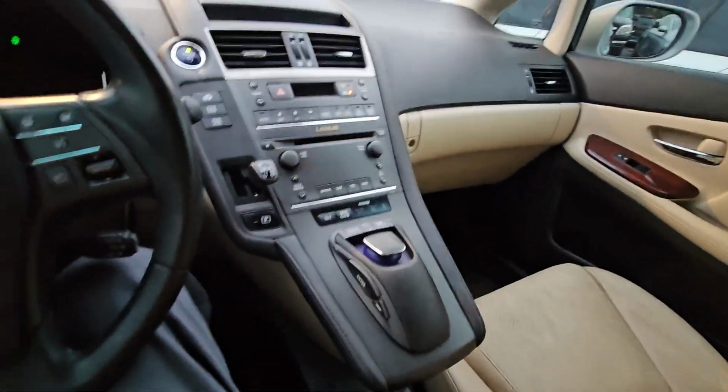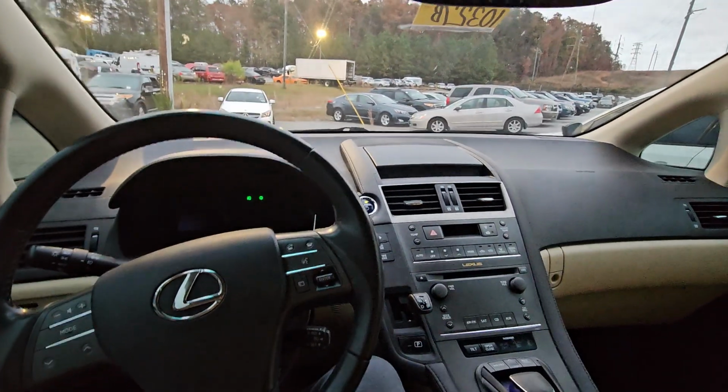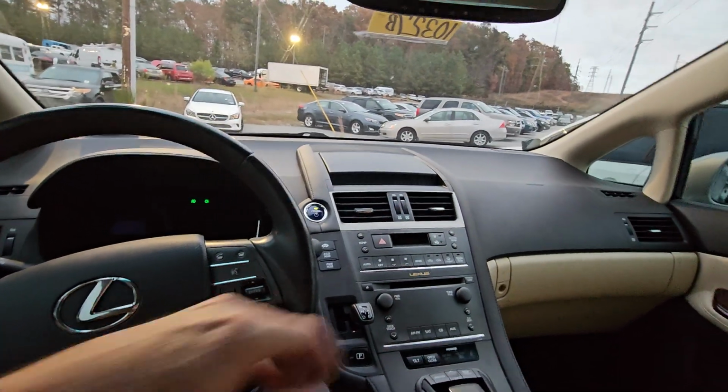I got kind of a different little bird for us today. I've never been in one of these, I don't think. Ooh, power telescoping steering wheel. That's nice. Do you guys ever remember the very short-lived...